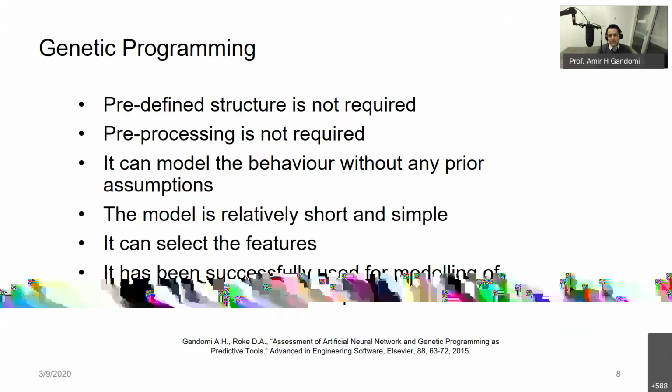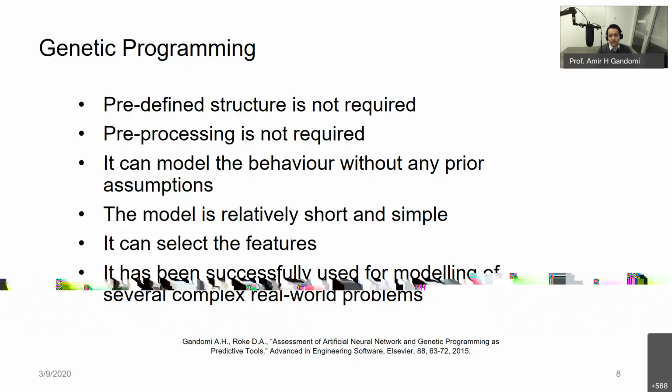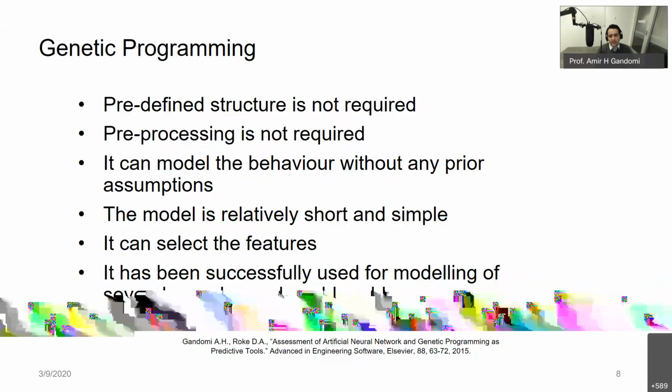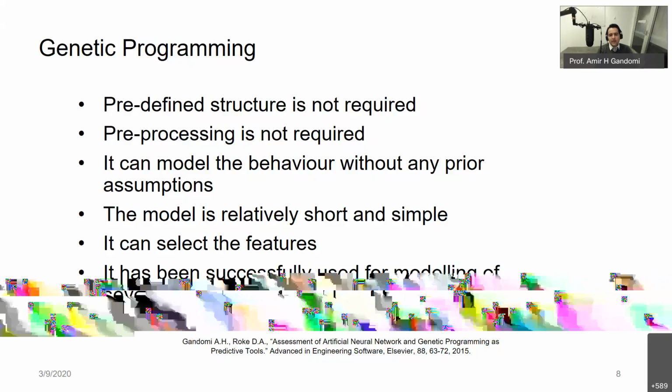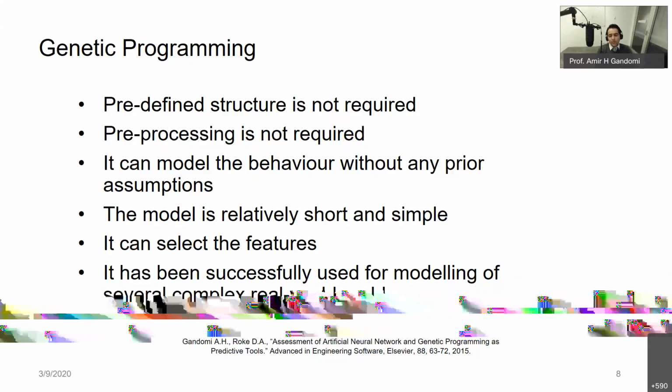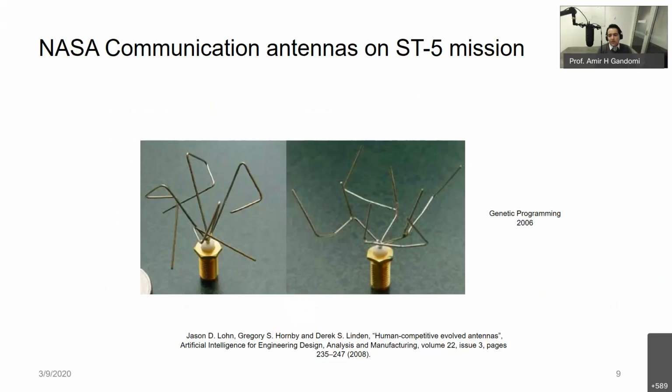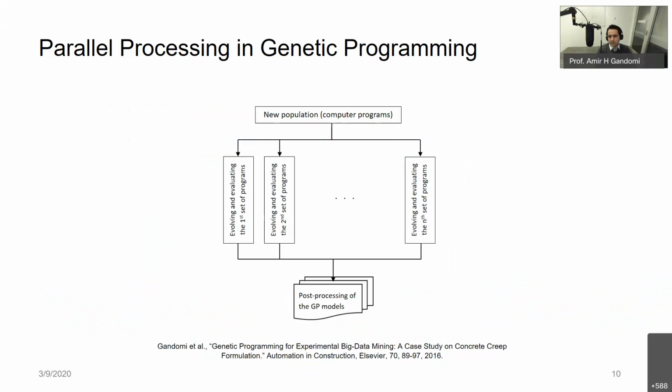And the other thing is, if you say, okay, it looks like a very, very big problem. Does it even work? Does this algorithm even work? And I can say yes. And so many people already apply it to very complex real-world problems. For example, NASA, not recently, about 15 years ago, they used genetic programming for designing their communication antenna for the ST5 mission. Another feature of genetic programming which distinguishes GP from other machine learning techniques is it's a population-based method,